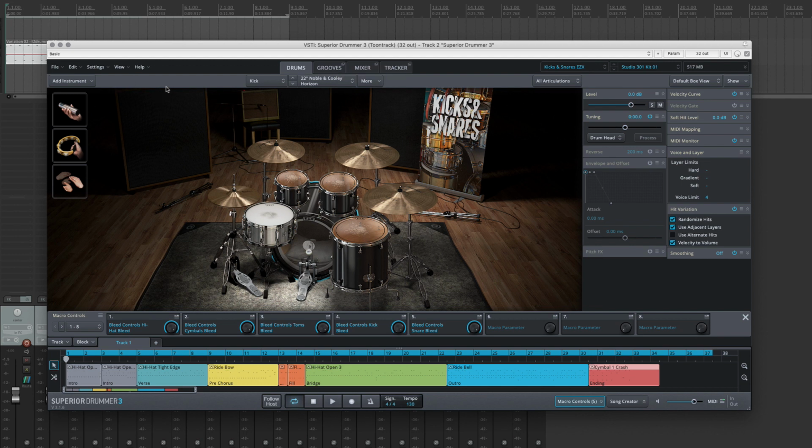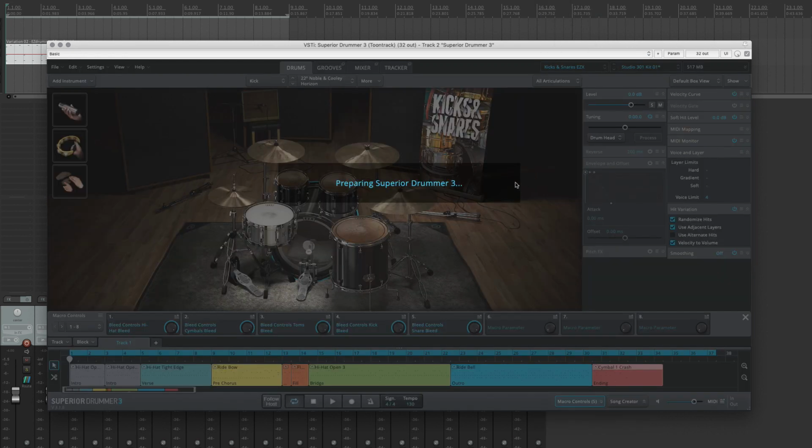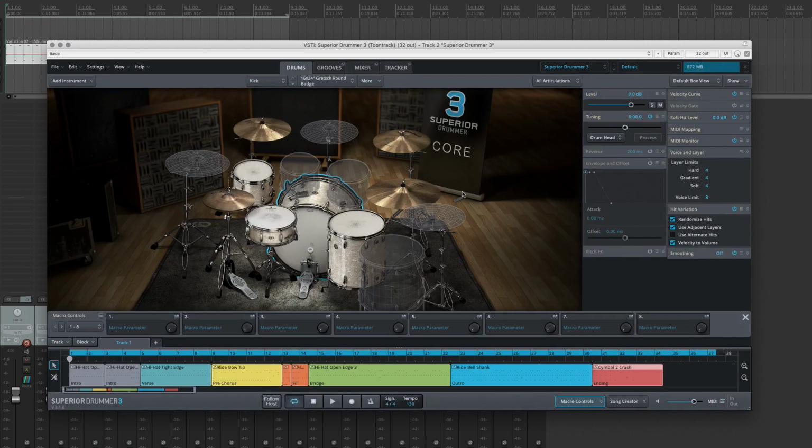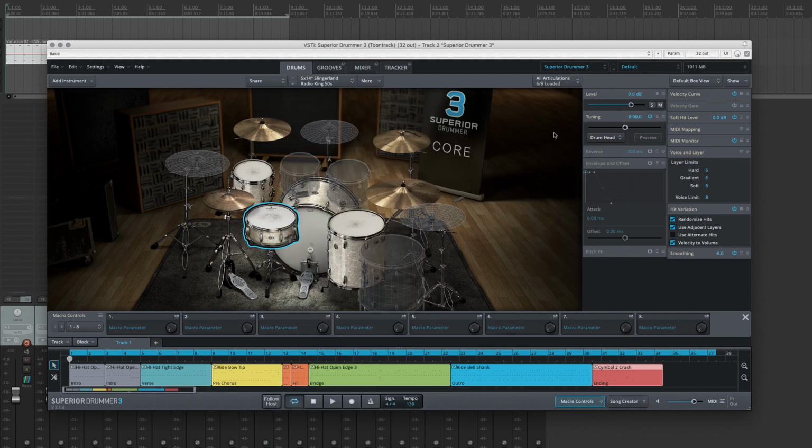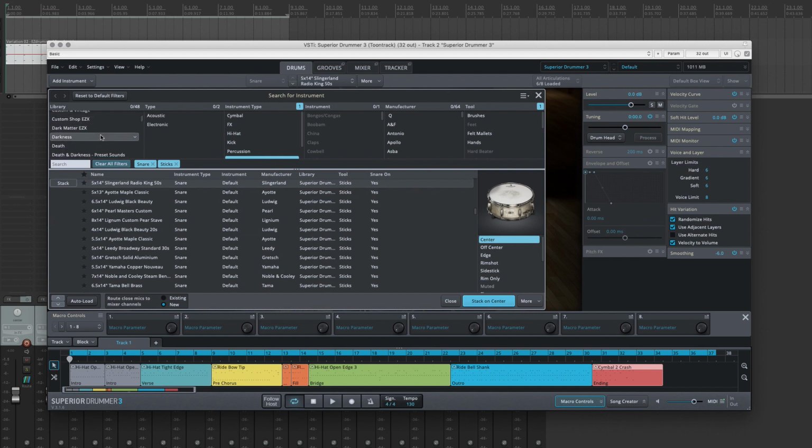So let's listen to the kit from here. The great thing that comes to mind in my case is not to use it as a standalone EZX, but to dial it in with the existing drums. I think Toontrack made a video about this, but let me just quickly show you what I would think about. Easy to add, stacking the instruments, and then go to the kicks and snares when I find it here. So this one,